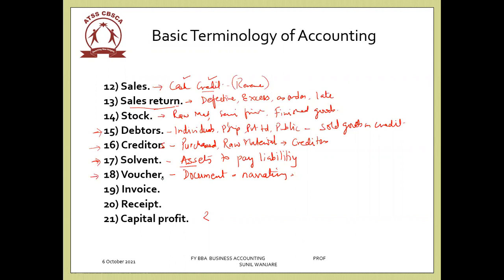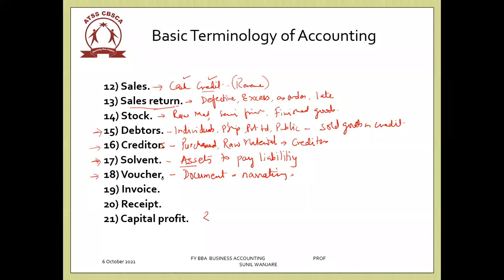If I've gone for office work to Pune and I have taken an auto, now the auto person doesn't give me a bill. In that case, I myself will write on a voucher. I went to Pune to meet the chartered accountant to discuss the advance tax payment, and I paid 83 rupees to the auto fellow, and I will sign that I paid the money. That can become a voucher. So voucher is any document which is supporting or giving us a narration about a financial transaction.